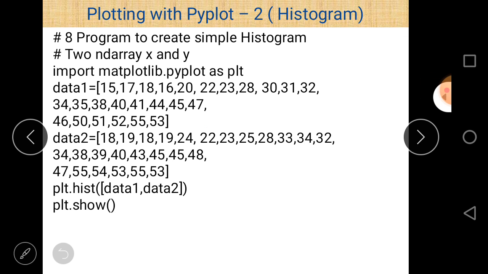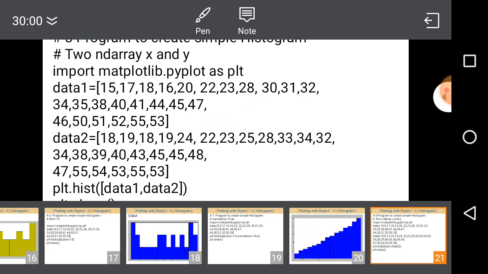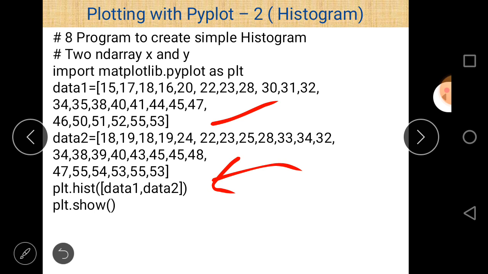Till program number 7 we used only a single data source, but in this program we use two data sources, data 1 and data 2.